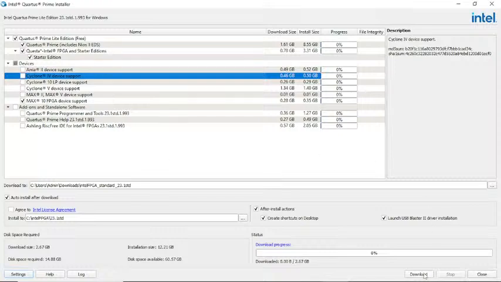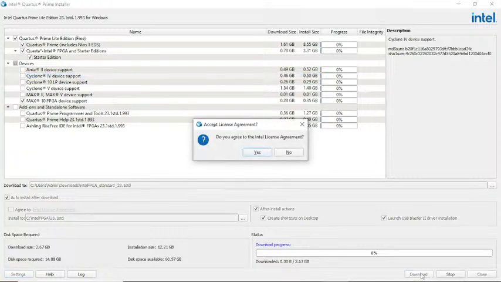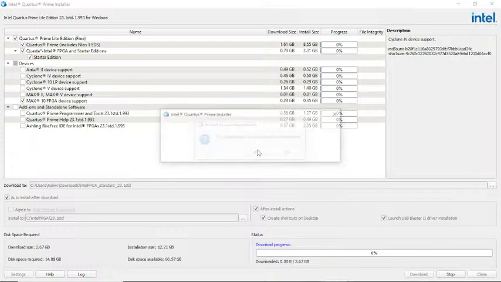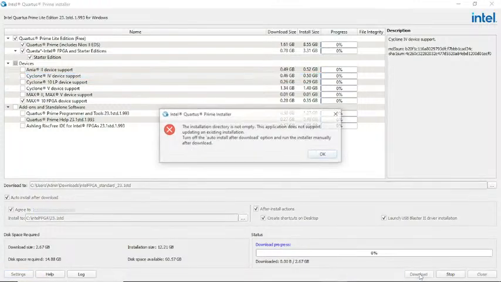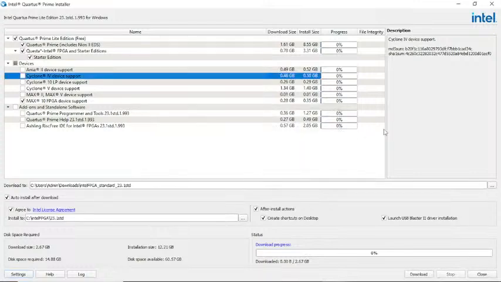And then click the download button here. Before that you have to click the Intel license agreement here, and then click download. You can download the file. I already installed the tool, so it's showing that. After that, it will take up to 15 or 20 minutes. So after the installing,